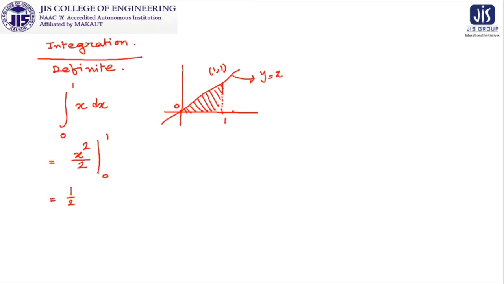Now if we are trying to find out the area of this shaded part from the point of view of triangles, it is a right angle triangle, and this is 1 and this is also 1. So what we get is half into 1 unit. So ultimately we are getting it as half, which is exactly the same as what we got after this integration. So that is why we are very much happy that yes, the geometry behind the definite integration is done.